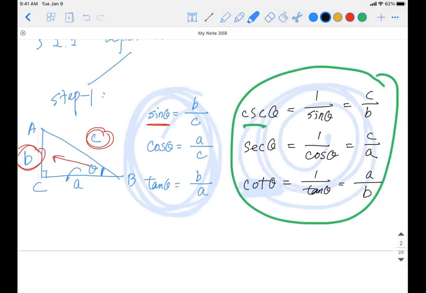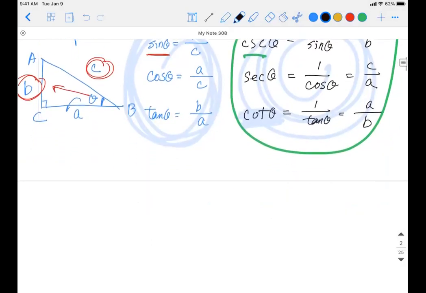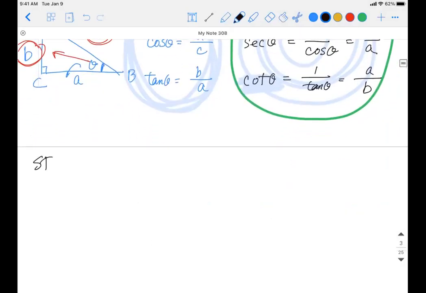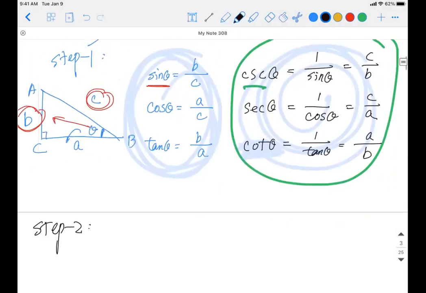All right. However, as our knowledge of mathematics evolves, our understanding of angles is not only squeezed into a right triangle, right? So that being said, we have to go to our step number 2 definition. What is the step number 2 definition? Like I said previously, in step number 1 definition, everything is actually squeezed into a right triangle.